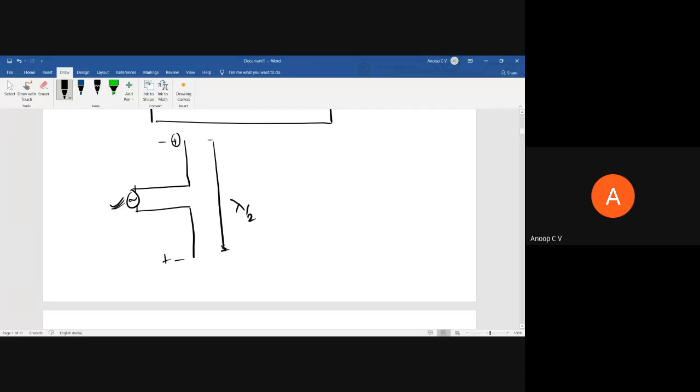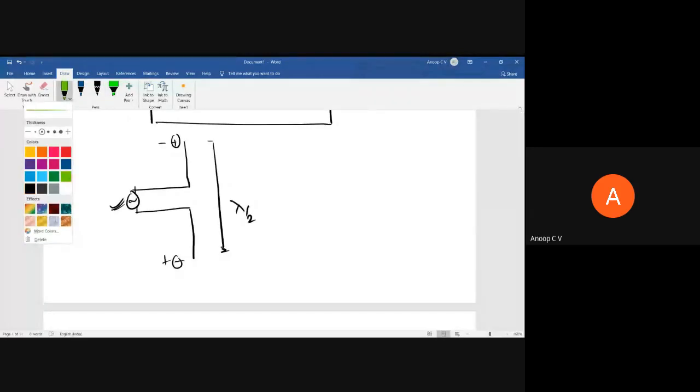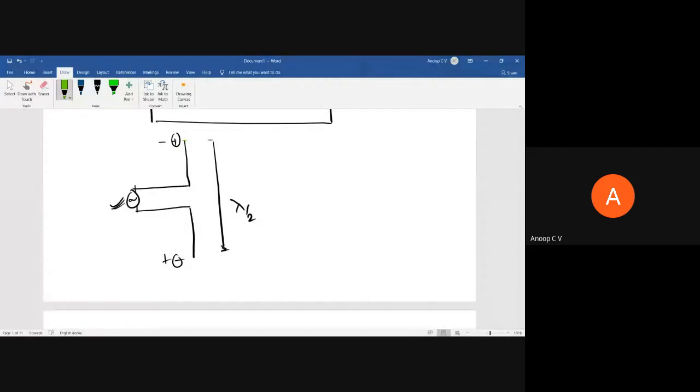But suppose it is plus and minus here, we can draw the voltage distribution, which yesterday I had also drawn. The voltage at the ends will be maximum. This length will be lambda by 4, right? So at a distance of lambda by 4, you will get a voltage minimum, the first voltage minimum.